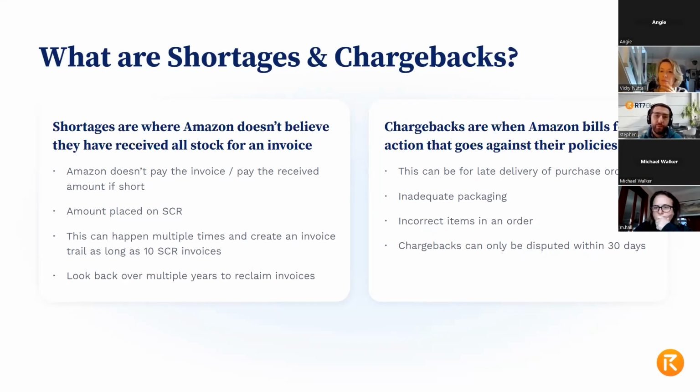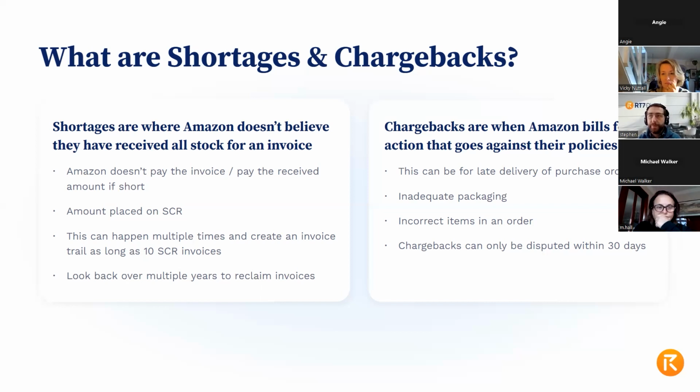With the shortages, they only ever pay for what they believe they have received. What you can do there is dispute these. There is an option to dispute them. They, for obvious reasons, don't like paying shortages because there's usually from their side a reason that they are not doing it. They in some way have misallocated the stock. They've misplaced it. They're becoming less trusting of things like PODs and manifests. If any of you have submitted disputes, you've most probably seen Amazon come back with, we do not look at external PODs and manifests. And this is mostly true, but there are things that you can do to push to try and actually get them to pay those out.